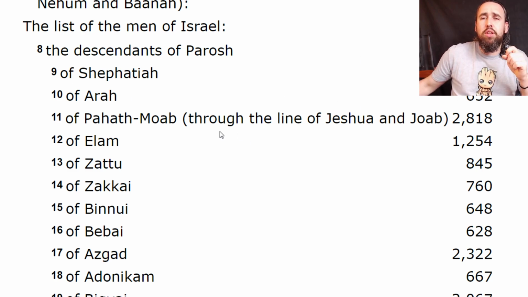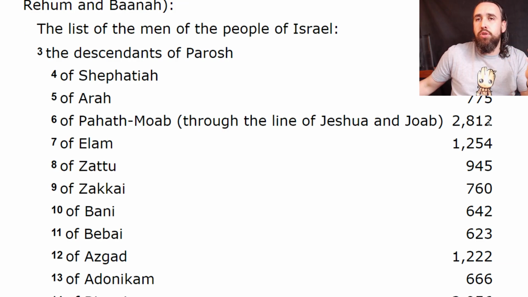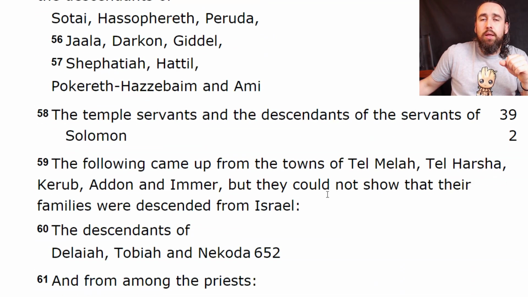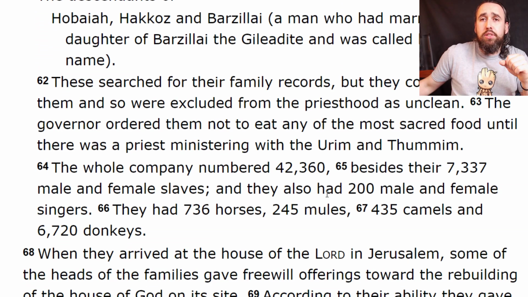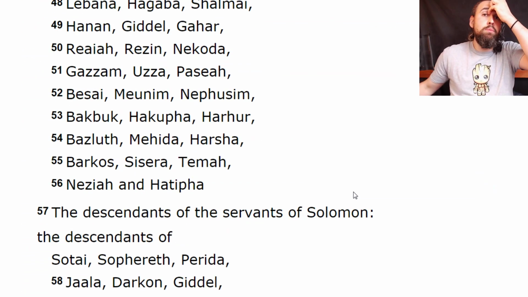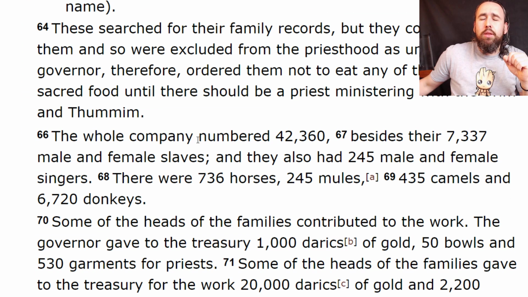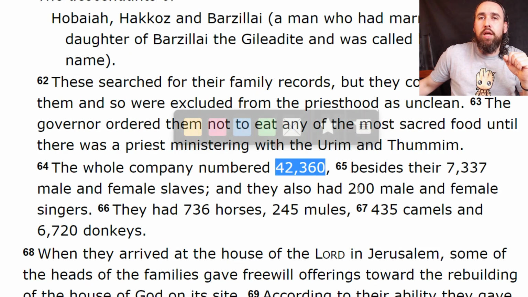We have a discrepancy. So they didn't even get all of them, right? So Pahath-Moab 2818, 2812. So there are slight discrepancies in their accounts, right? And if you go all the way along, right to the bottom, it says the whole company numbered 42,360. Let's go all the way to the bottom, see what it eventually concludes. The whole company numbered 42,360. So when they do the final count,